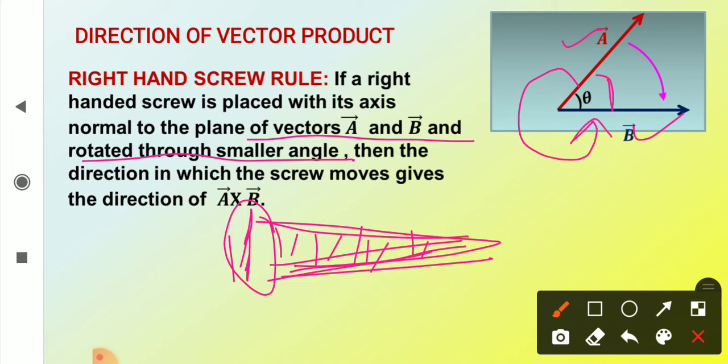this one. So this screw is, supposing vector A and B are in plane of paper, अगर ये वेक्टर A और B प्लेन ऑफ पेपर में है तो इस स्क्रू को हमने इस प्लेन ऑफ पेपर के परपेंडिकुलर पकड़ा हुआ है और इट इज़ राइट हैंड स्क्रू रूल. तो दैट मीन्स अगर इसको हम राइट हैंड में घुमाएंगे लाइक दिस वन, राइट साइड घुमाएंगे तो स्क्रू इस पेपर के अंदर जाएगा, it will go inside.